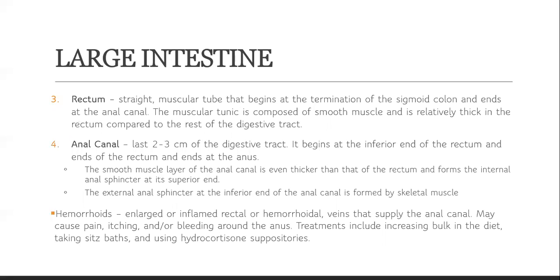Then we have our rectum, which is a straight muscular tube that begins at the termination of the sigmoid colon and ends at the anal canal. It is composed of smooth muscle that is relatively thick in the rectum compared to the rest of the digestive tract. Then lastly, we have the anal canal, which is the last 2 to 3 centimeters of the digestive tract,